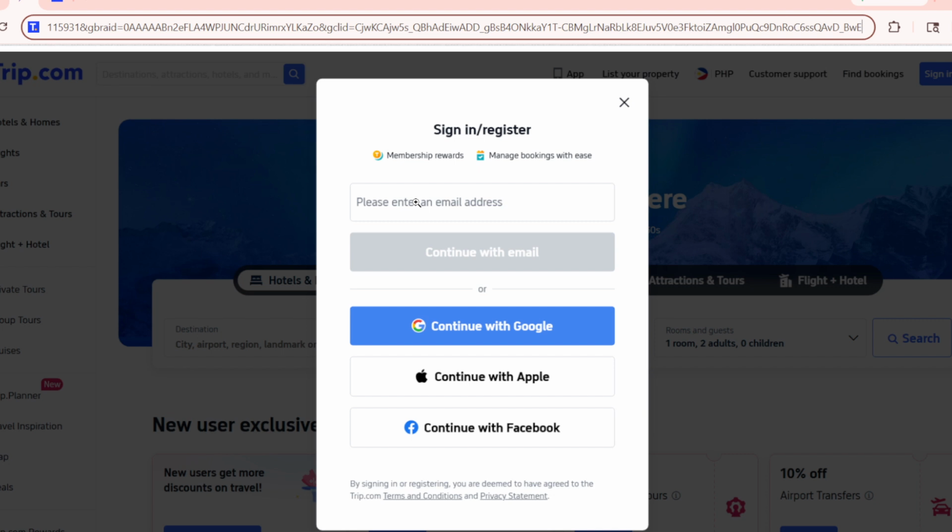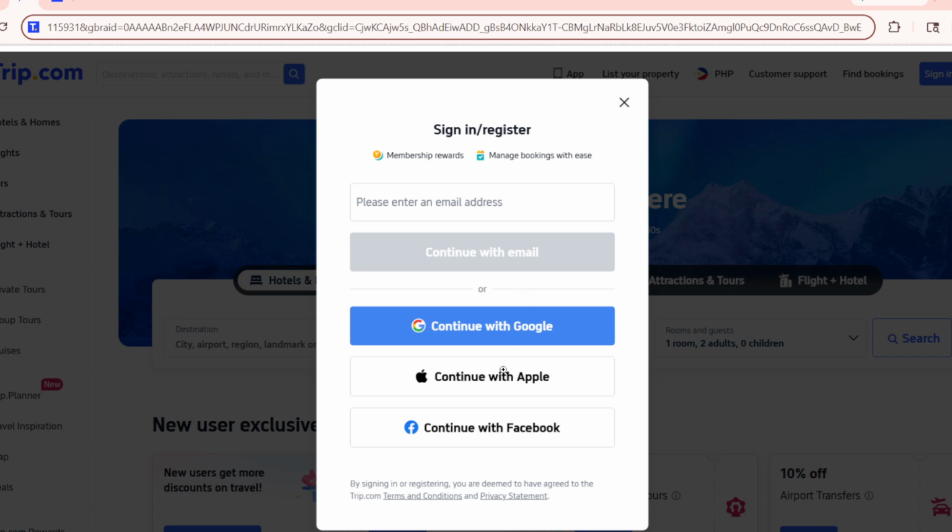You have two main paths. First, you can register with an email address or a mobile number. Type in your email or phone, then create a strong password you'll remember. Use a mix of letters, numbers, and symbols. Before continuing, glance over any prompts about terms or privacy so you know what you're agreeing to. When you submit, Trip.com will send a one-time verification code to the email inbox or phone number you provided.